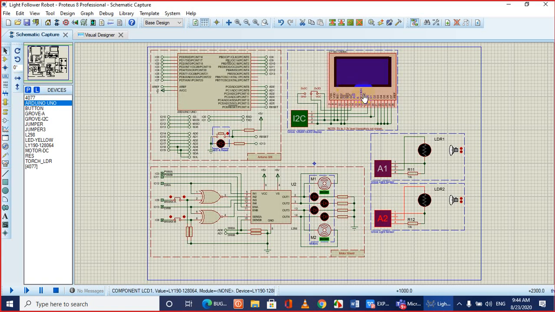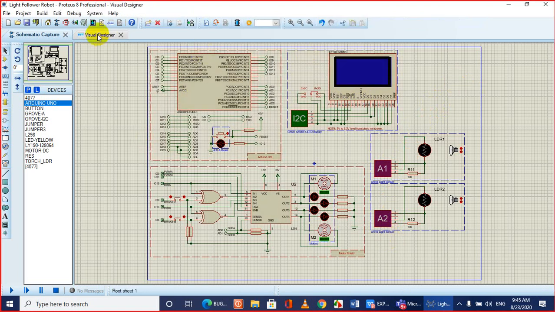Okay, so we have connected 2 sensors to 2 different analog pins of the Arduino Uno board. First LDR sensor to analog pin A1, second LDR sensor to analog pin A2. So that will avoid the conflict. So our design is complete.